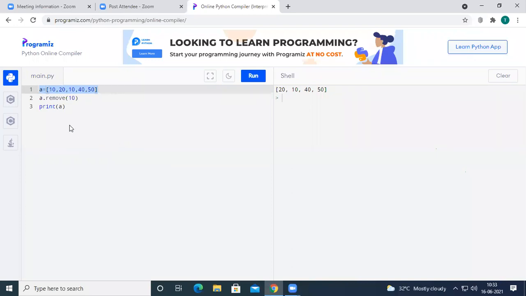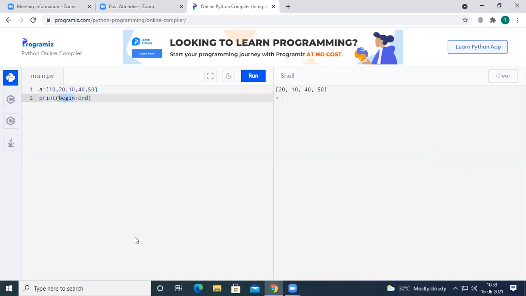How we can slice the list: see here, we use a begin value and an end value. Here begin means the begin index value and the end index value.